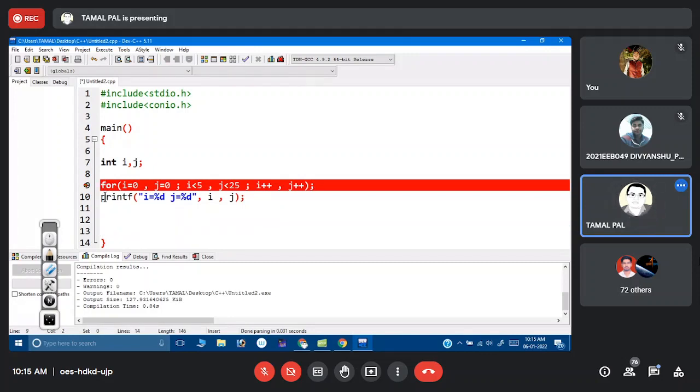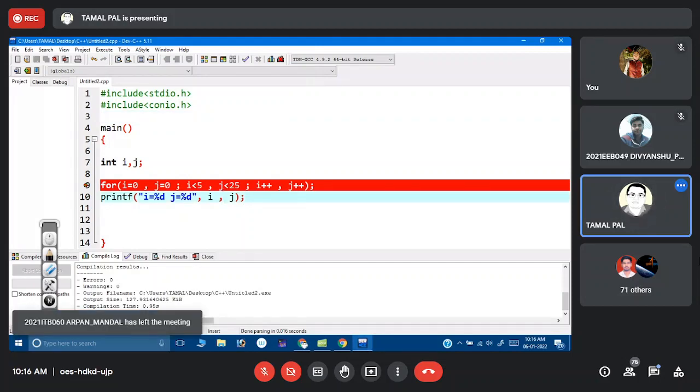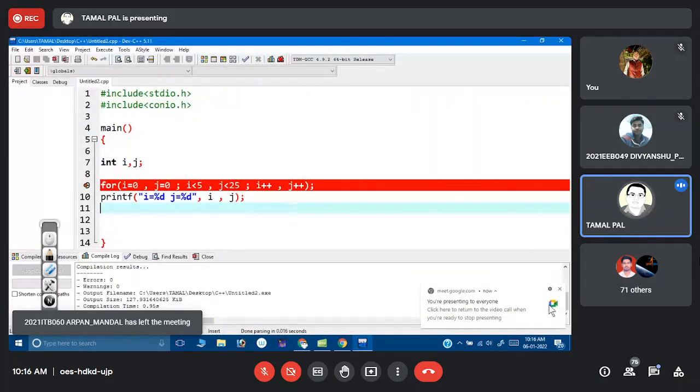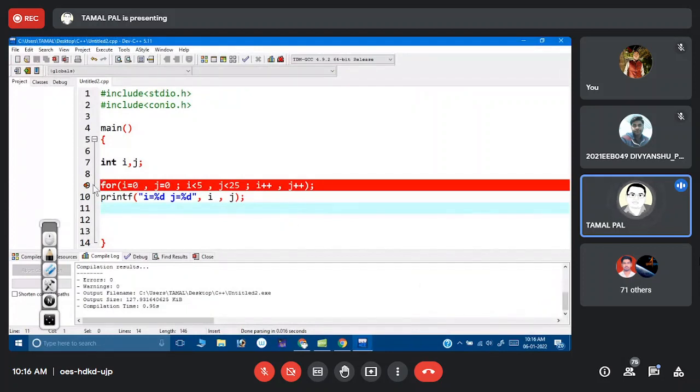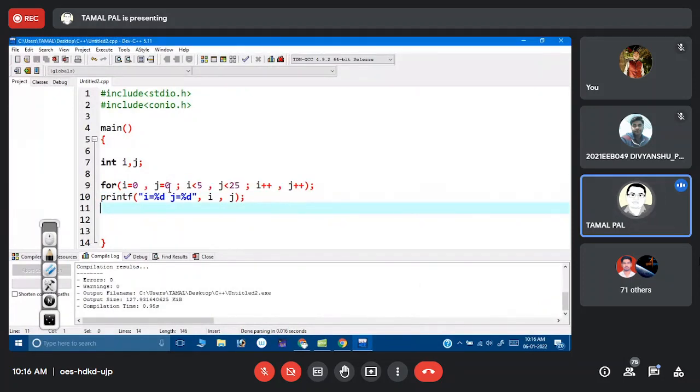Okay. Instead of that, if I write, let's say, what is the problem? Why is it red here? Oh, it's some breakpoint. Instead of this, let's say you are looking for an explanation, I am giving you the explanation.